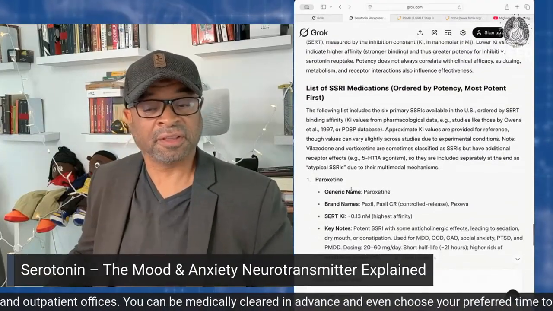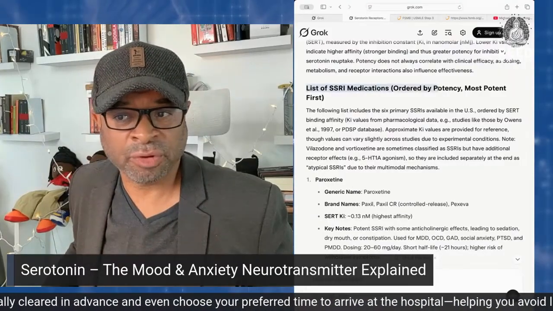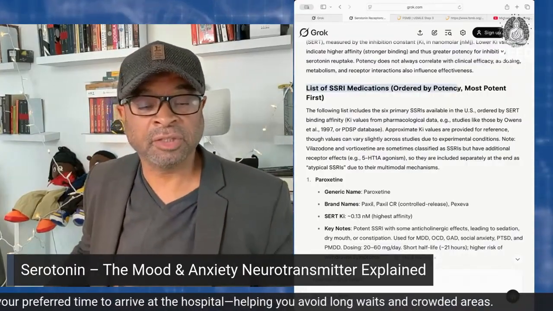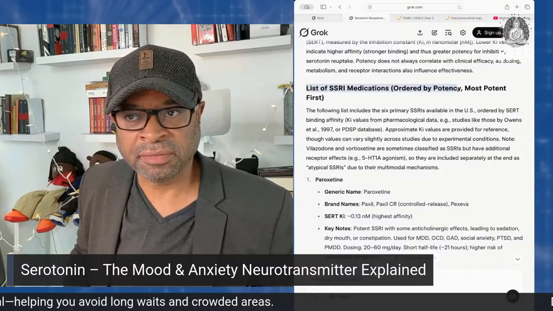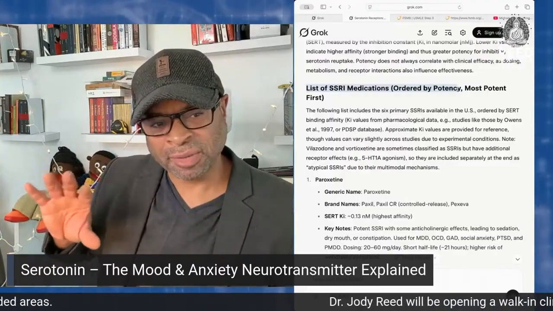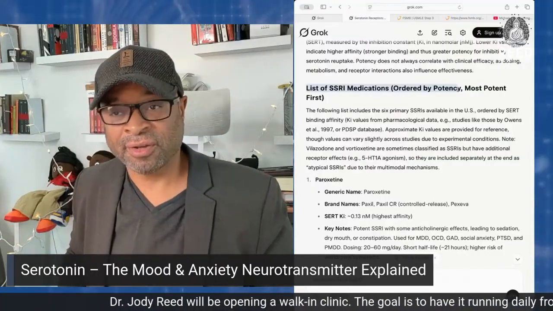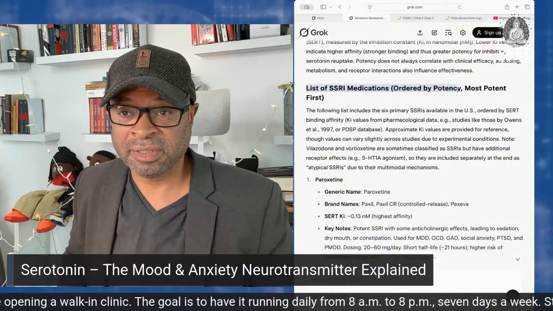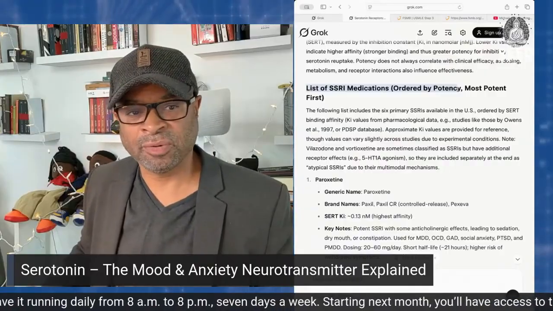Okay, so here's another thing that you may find interesting. This is a list of SSRIs ordered by potency, the strongest ones first. If you're in an outpatient setting and have someone with major depressive disorder on the mild to moderate spectrum, then you want to use the less potent ones. And for those who may experience treatment refractory depression, or if their depression is mediated by something other than serotonin, then you may want to go with one of these stronger, more potent